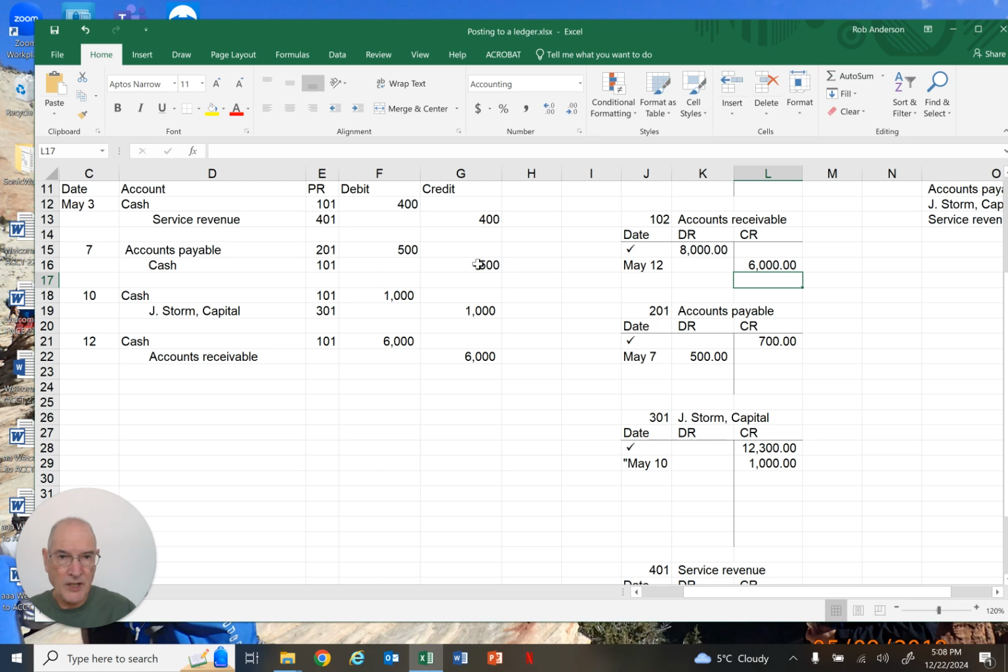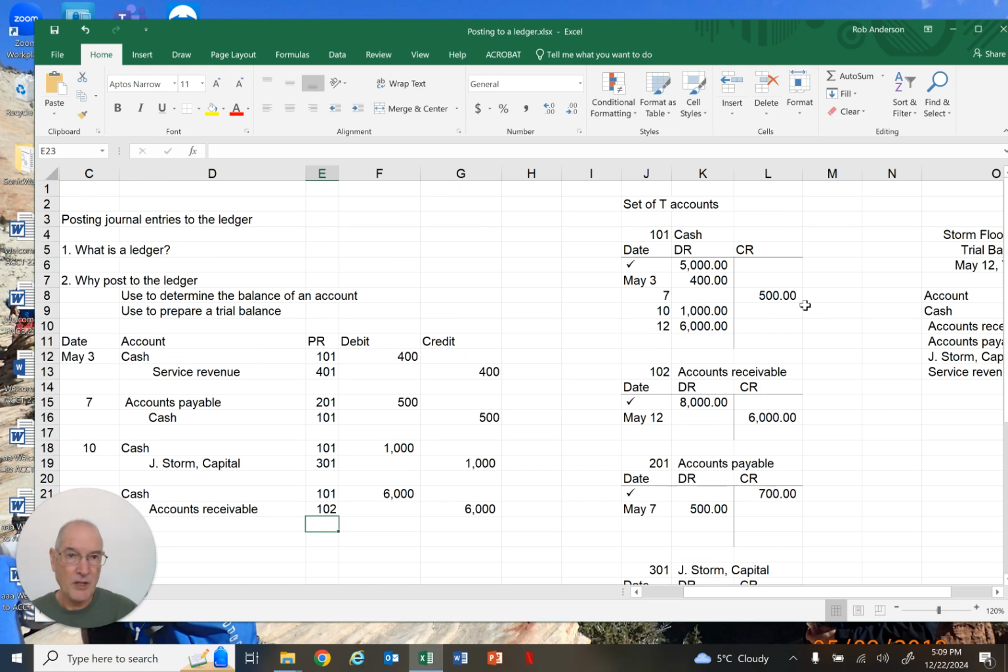And that is account 102, put it here. Okay, we've finished all of the posting, but now we need to get our account balances. So let's do cash first. Now I can tell we have a debit balance here, right? And we should have a debit balance. Cash is an asset. So we'll underline this number,